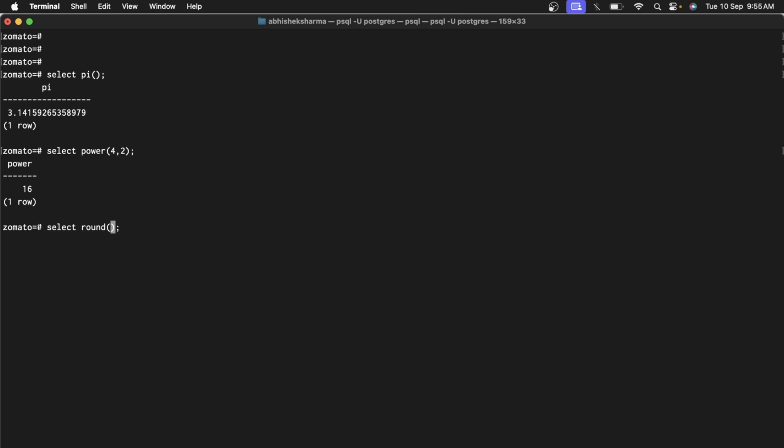We have seen ceiling and floor. If I do 27.25 in ceiling, I get 28, and if I do it with floor, I get 27. But what about rounding? Rounding is like, if you are less than 27.5, then I will give you 27. If you are